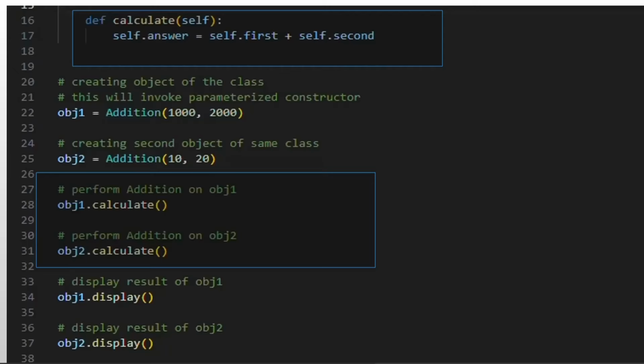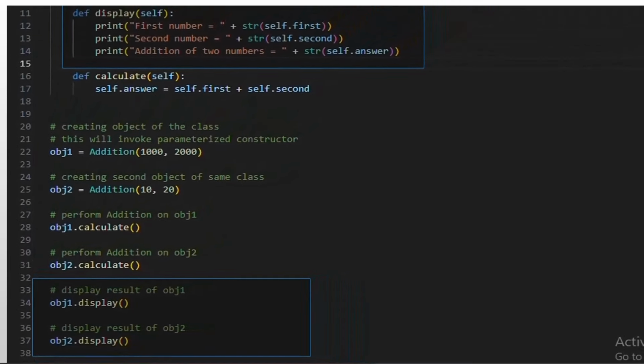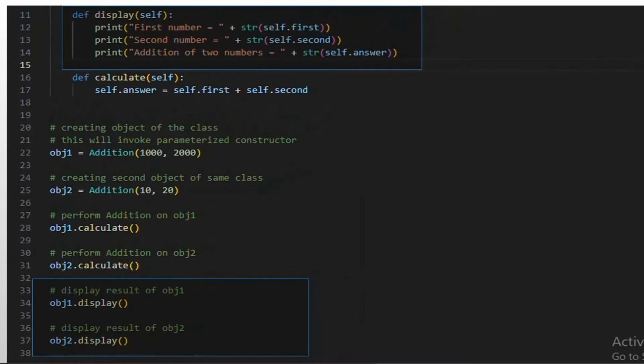Display outputs. obj1.display displays the values of first, second, and answer for obj1, showing the addition result. First number equals 1000, second number equals 2000, addition of two numbers equals 3000. obj2.display, similarly, displays the results for obj2, with an output, first number equals 10, second number equals 20, addition of